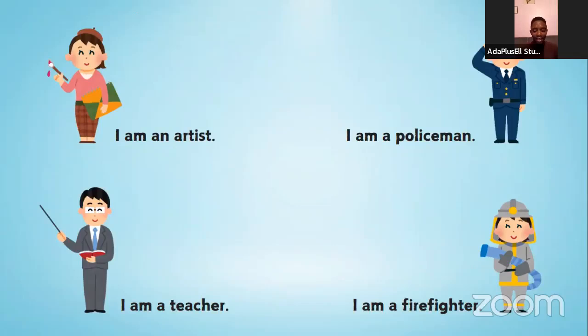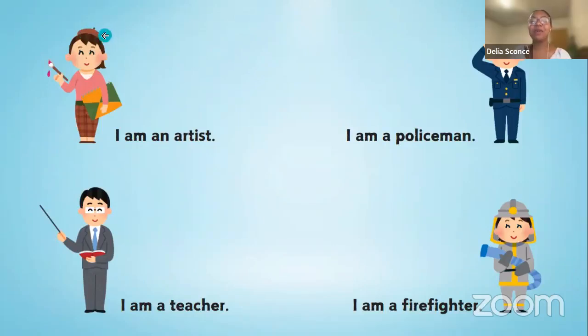And here we tried also to put the pictures of the people saying, I am an artist. So the artist is there. She has a hat. So Delia, you can tell us, what is this? The artist is putting on a beret. Yes, she has a beret, a paintbrush, a sketchbook, and a pink top. I am an artist. And she has brown pants on.